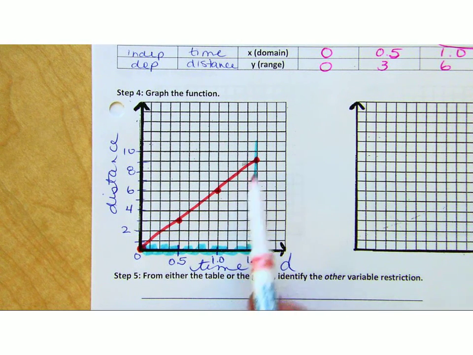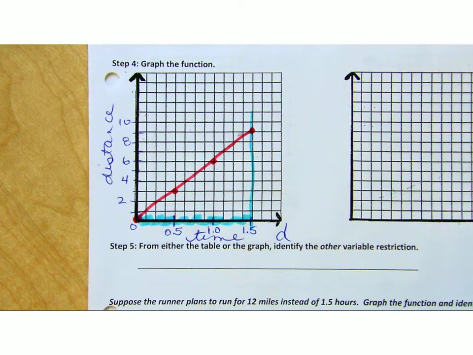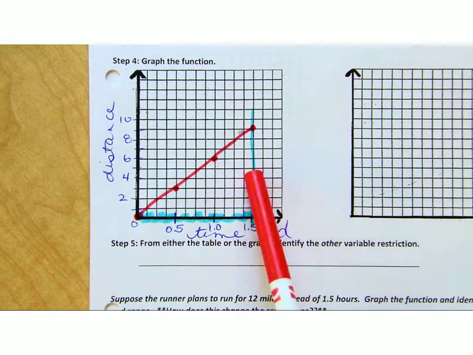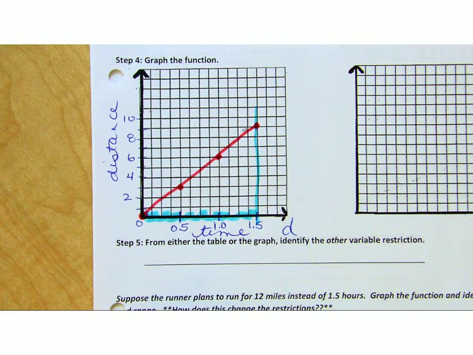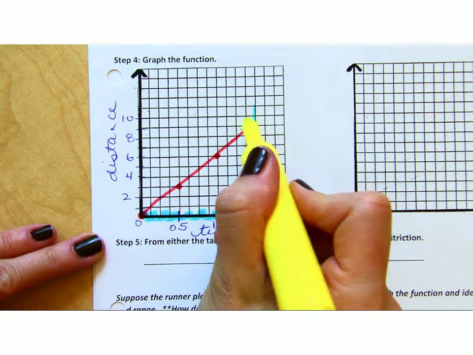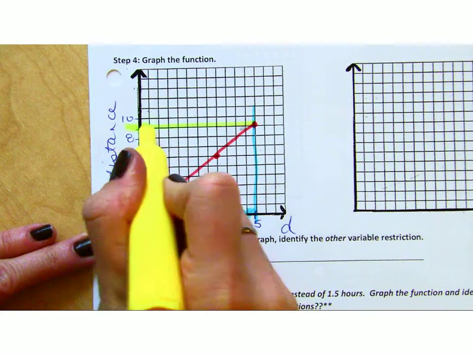So, after all that, you ready? I got one final step. Now that you have a table and a graph, I don't care which one you look at, I need the range. Will somebody open that? So take a look at the range. The range is what's the most amount of distance he could cover and still,